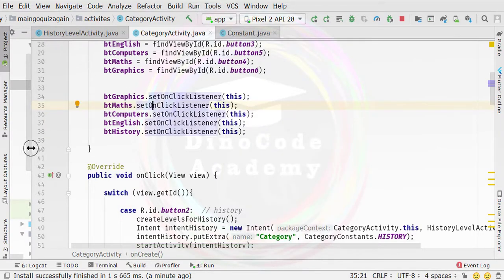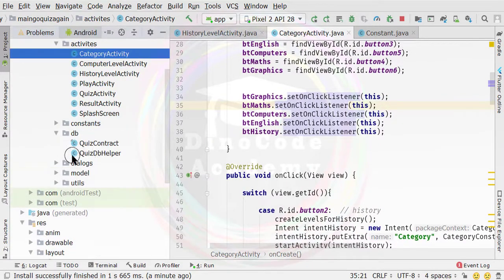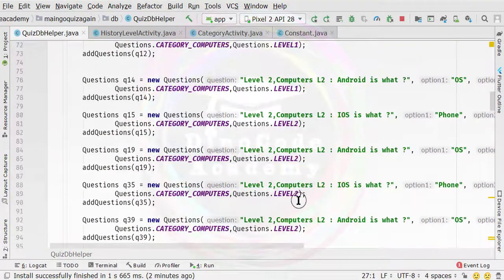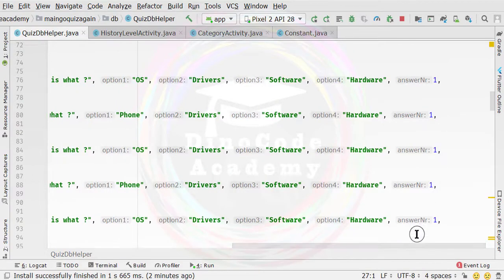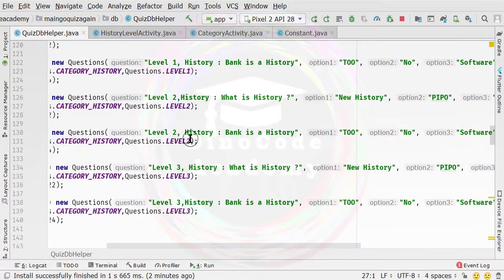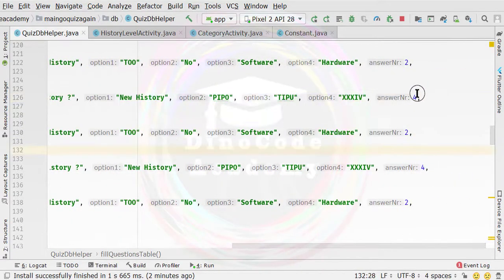So actually I need to take the help of the DB helper class to find which is the correct answer, because I forgot it, because I added the questions just for testing purposes. I don't know which is the correct answer. So most of the time the correct answer is 1 for level 2. Level 1. So here these are the questions for history also. Some of the questions have answer 4 and 1, so it will become difficult. So it's having answer 2, no it is 2. So 2, 4, 2, 4 and 1, 1.